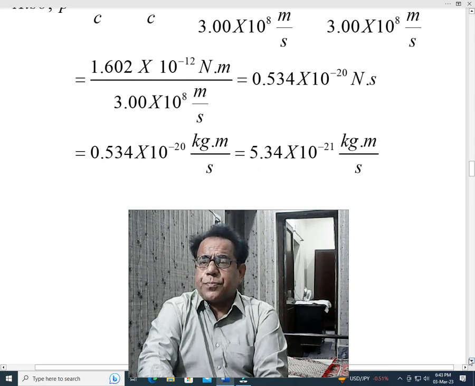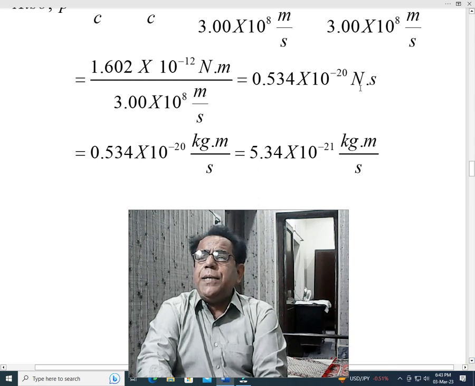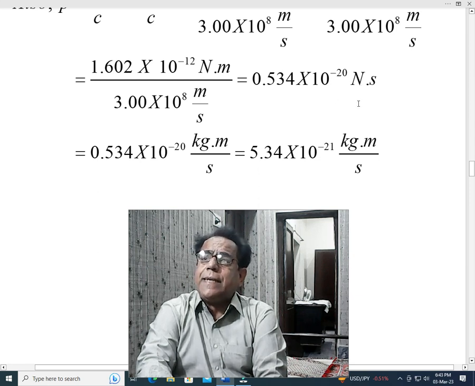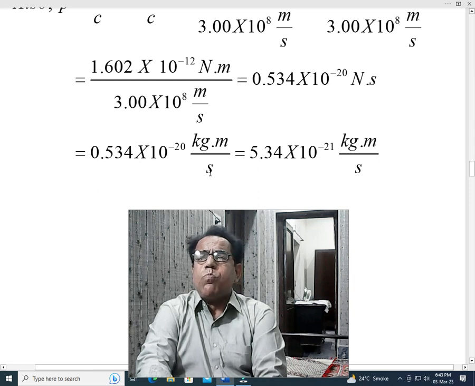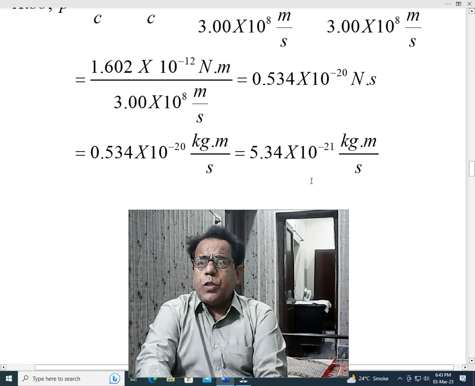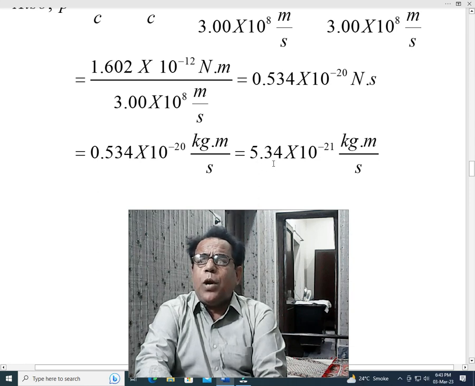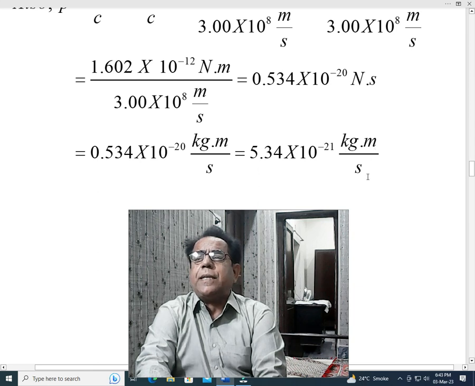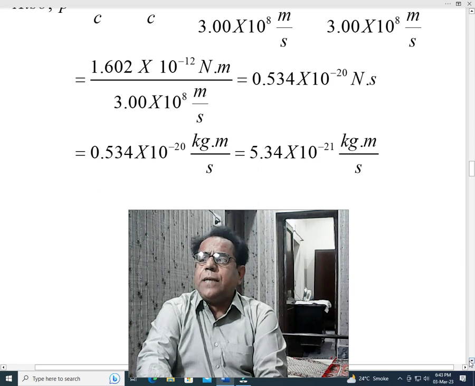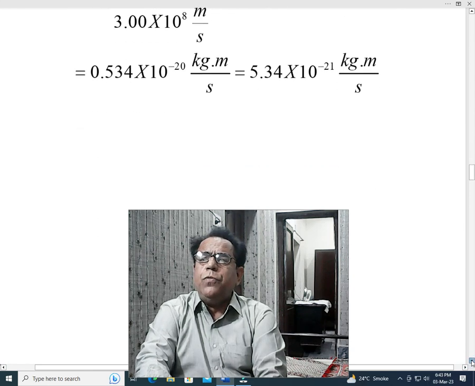And we know that newton is equal to kilogram meter per second squared. Out of the second squared, one second cancels out, and one second remains in the denominator. So we get 5.34 × 10^-21 kilogram meter per second. So the other value, in terms of kilogram meter per second, is also reached. Now we move to part